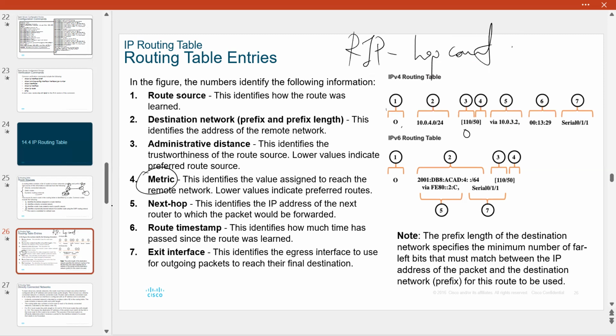Then we have OSPF, I think it uses cost, which is the bandwidth. It looks at the bandwidth of my links up until I reach the destination. So the metric value can mostly be the same. You can see that if I look at the metric value of RIP and OSPF for the same destination network I want to reach, they can be equal, a 50-50